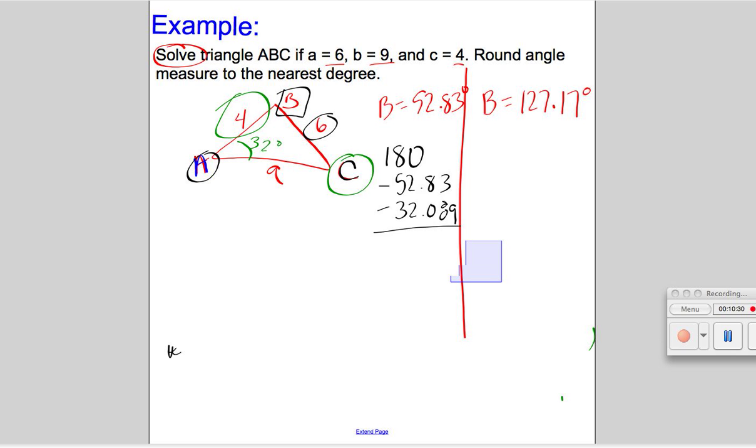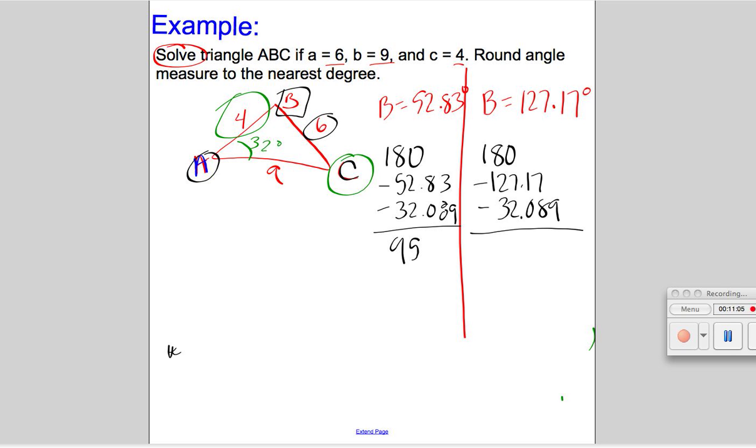And I'm going to do that for both of them. So I'm going to copy this exact thing, and I'm going to do it again on the other side, but now I'm going to subtract 127.17 and 32.089. The 32.089 I know for sure is angle A because I used the law of cosines. Now when I do that on both sides here, 180 minus 52.83 and 32.089,